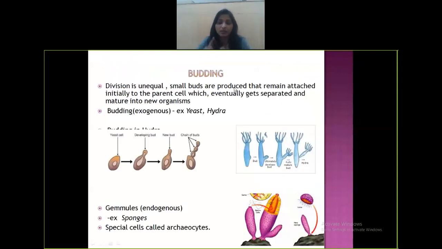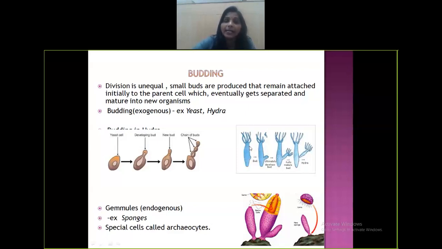The first one was binary fission. The second one is budding, or a bud. What is this bud? It's a lateral outgrowth. If you look at the picture over here, this is a picture of Hydra. At one point, small buds will start appearing at a particular point and start developing. The bud will fully mature and then detach from the parent, or separate. It will mature and grow into a new organism. That is what budding is.